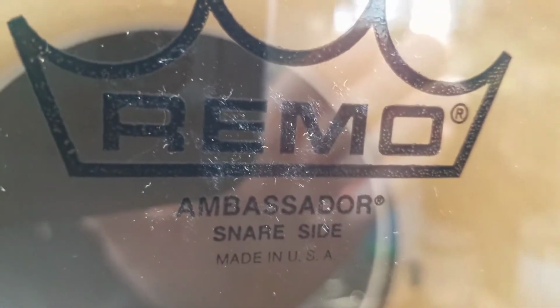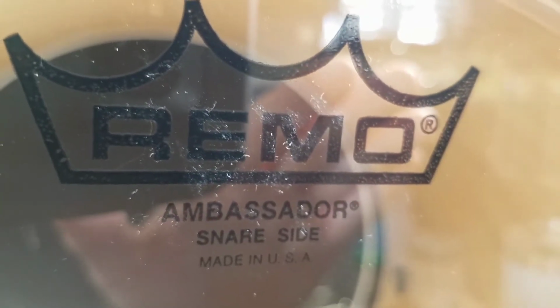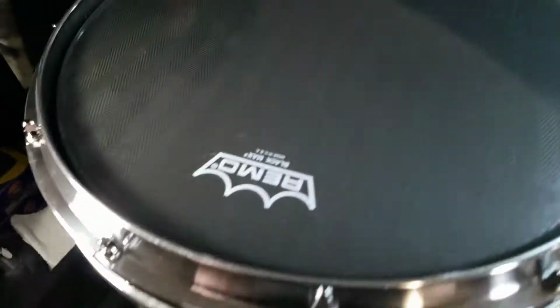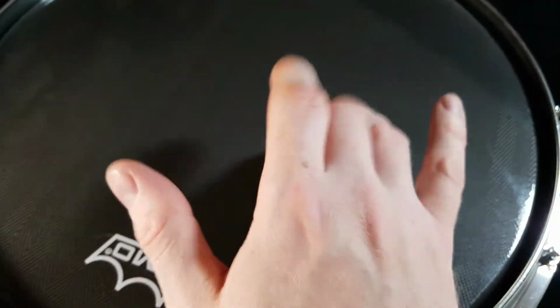Can we focus? There we go. So I used the Remo Ambassador snare side clear on both of these. Really wanted to make sure that these looked exactly alike once they were done. I feel like I accomplished that pretty good. And then we used the Remo Black Max for the tops, and I got these tuned